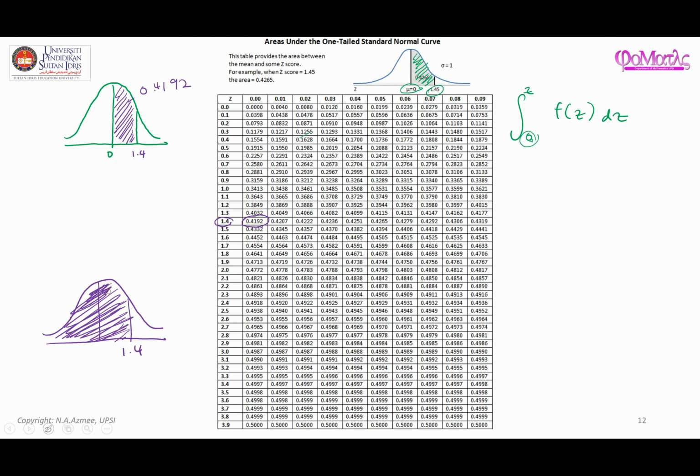So if you want to use the table in order to get the correct answer, which is this area, therefore probability z less than 1.4 must be this value, 0.4192, plus this area. This area is equal to 0.5, because it's symmetric, it's half of the other area. So this area here is 0.5. Therefore the answer can be obtained if you add up 0.4192, which is this part, with 0.5, and the answer is going to be 0.9192. Okay,